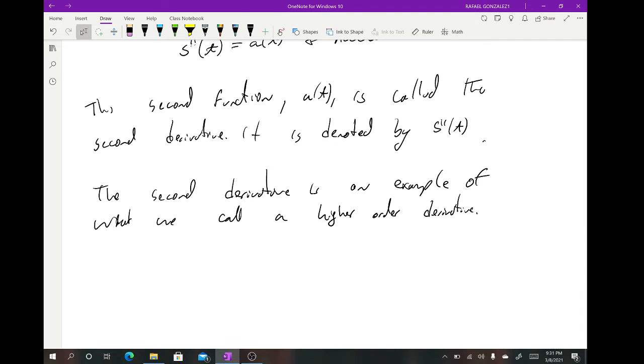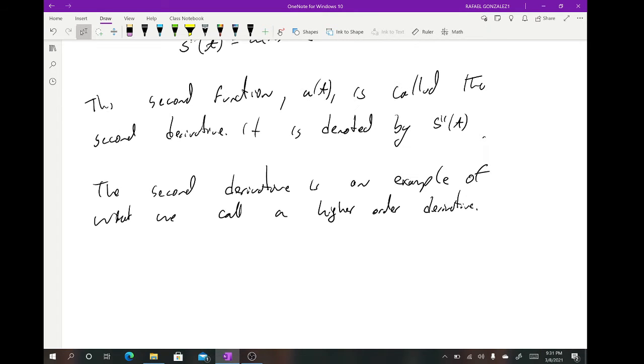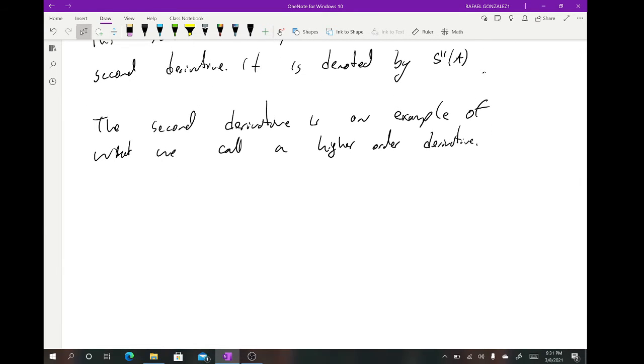So, you know, there are functions for which you can define any positive order. For example, you could have a third derivative from a second derivative, you could have a fourth derivative, and so on. So you could have a first order derivative, or first derivative, which will be y prime,